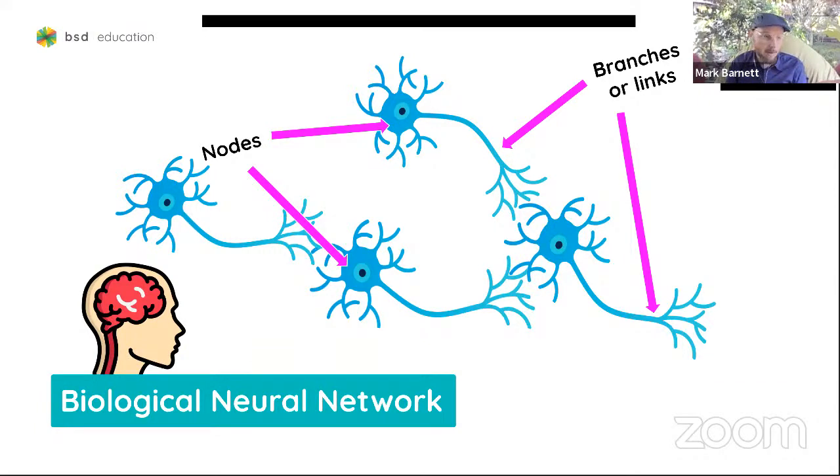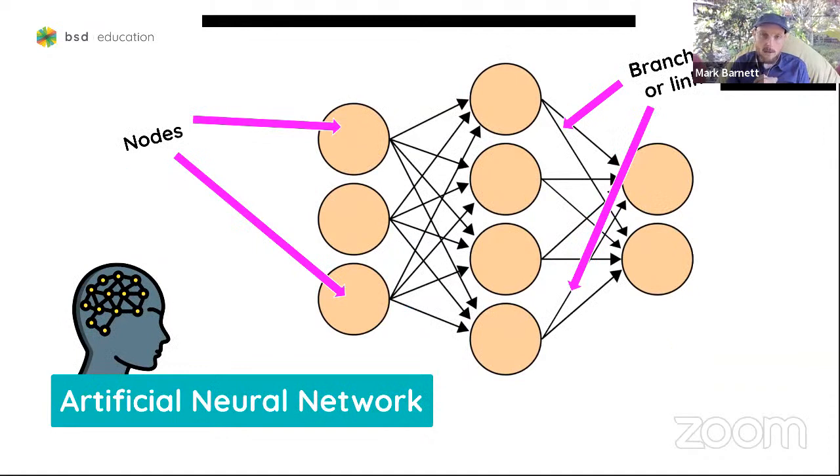But if we put you in a new environment that you've never seen before, if we were to teleport you to some remote location, your brain would have to take some time to adjust, and to look around and see what it sees. But eventually, over time, it would start to understand that and quickly make sense of what it sees around. So in order for machines to do similar tasks, computer scientists have developed artificial neural networks that work in very similar ways. We've got the nodes of the individual neurons connected together by branches and links. We have input data, we have learning that happens in the middle, and then we have output data.